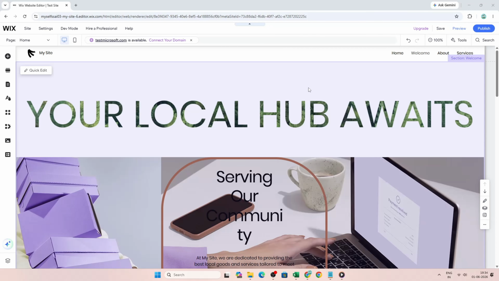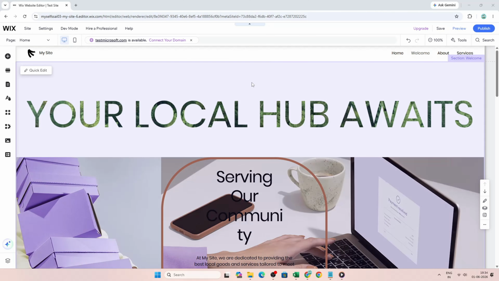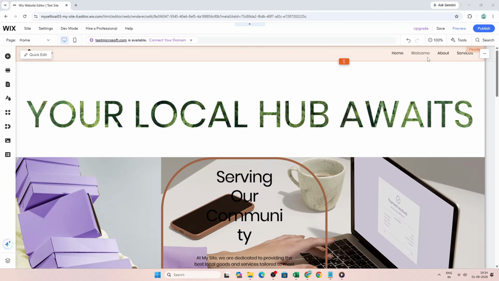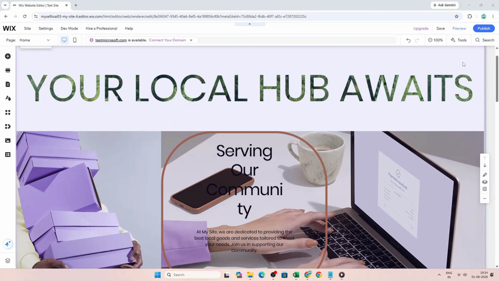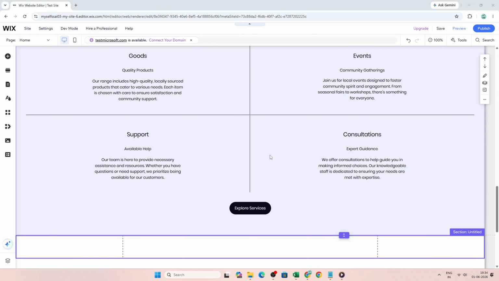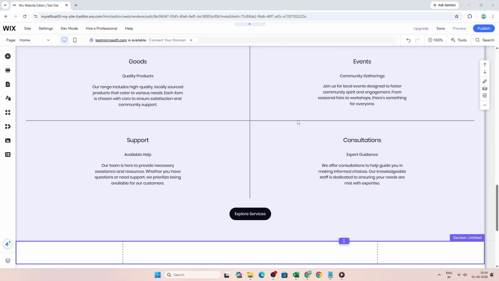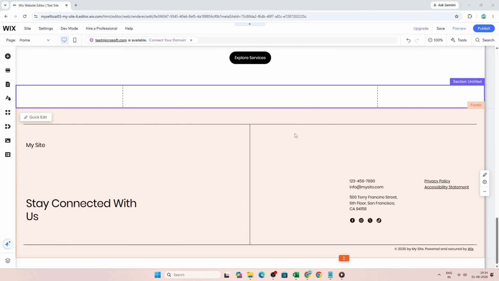In today's video, I'm going to teach you how to link menu items to anchors on Wix. If you want your visitors to click a menu item and jump smoothly to a specific section of your page, like Services or Contact Us, Wix makes that very easy with anchors. This is a great way to improve navigation, especially on longer pages, and it helps create a cleaner browsing experience